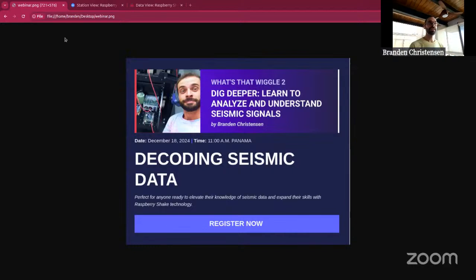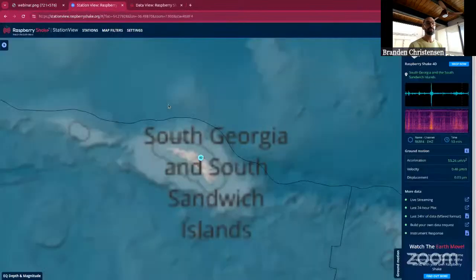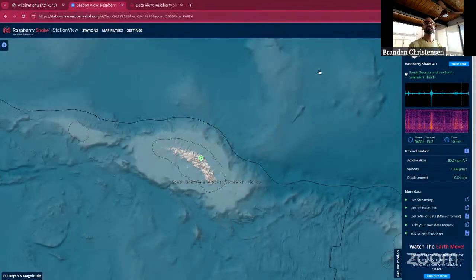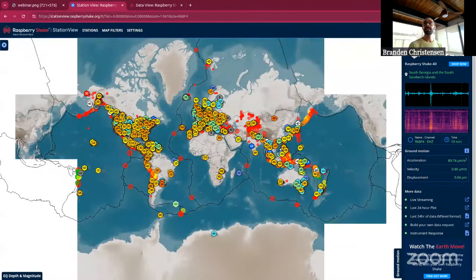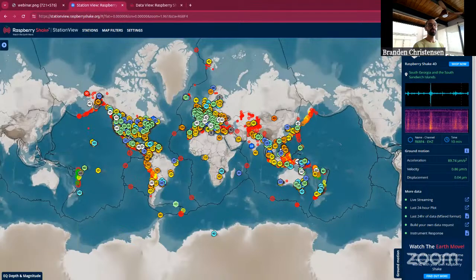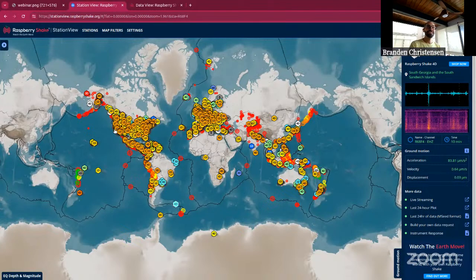We'll begin here with our first example. And so we're going to go over here to Station View. We're going to zoom out. One of the things I want to celebrate as we begin is that our network is now over 2,500 stations online and streaming at any time. And so that is about, let's say, 7 or 8,000 channels streaming in real time. And so the network continues to grow at a pretty good pace. If we come over here to California,